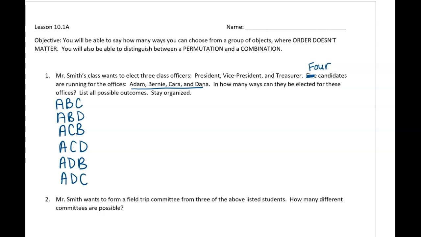We could also have where Bernie's the president, and so we have BAC, BAD, BCA, BCD. You're probably picking up the pattern. You're welcome to do it yourself and fast forward a little bit. And then BDA, BDC. And then if Kara is the president, CAB,